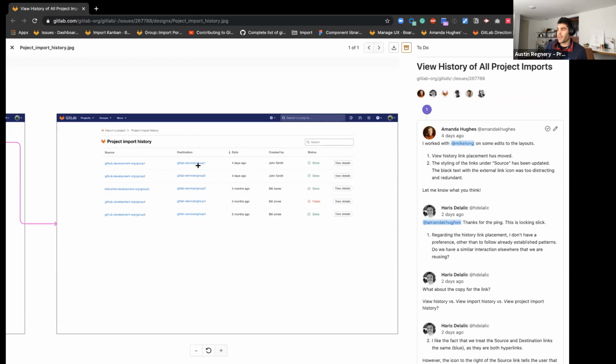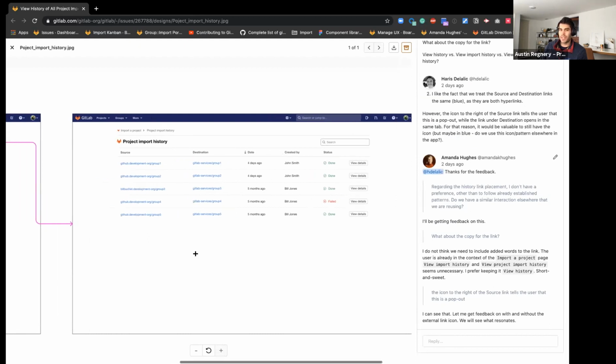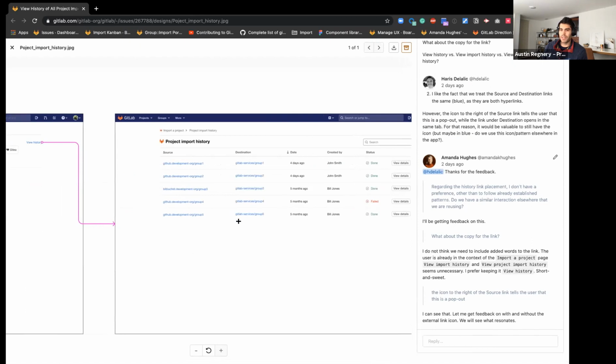From a UI point, based off a comment that I dropped in there, I think it's a good mentality: links go, buttons do. I don't know if that has to necessarily be different, but I like your idea of making it clear that the destination is within GitLab. Do we have a Tanuki icon that we can put in there as if it were part of the link itself? Maybe a badge, because we have badges on links already.